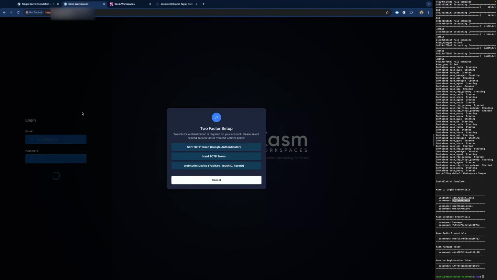And so what we're going to do is we're going to actually select the one-time password token. Here we list Google Authenticator, but any sort of password vault or storage product that can support one-time passwords will work fine. 1Password, which we are using, supports this as well, so we'll go ahead and set that up. So I'm going to go ahead and click here the SoftTOTP token.